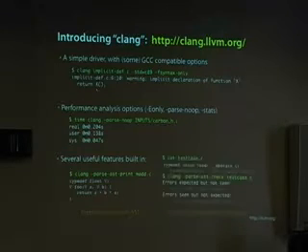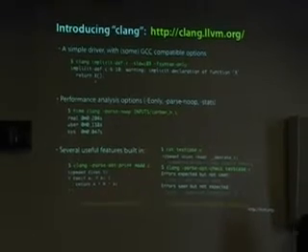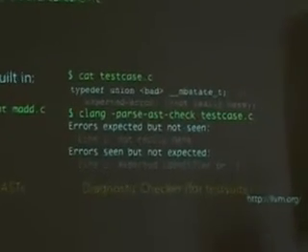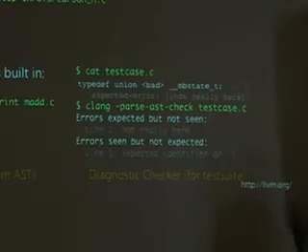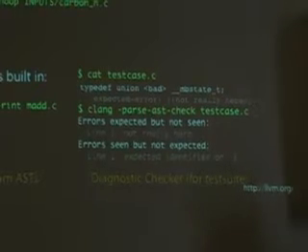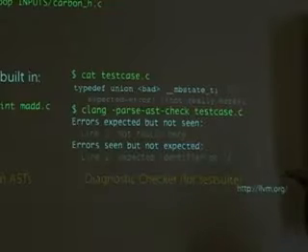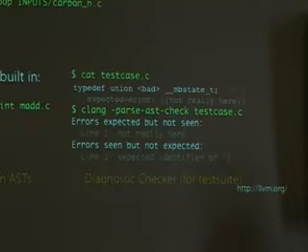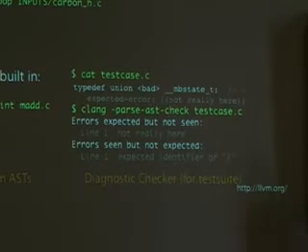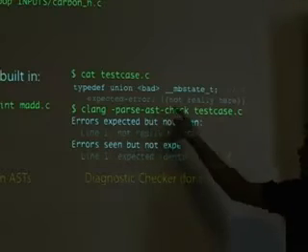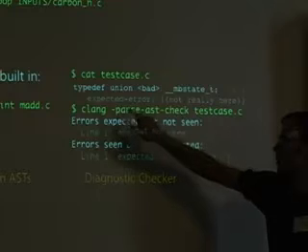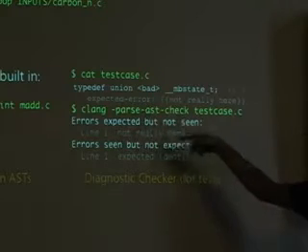So there's another feature. So for our diagnostics test suite, we don't build all kinds of stuff into the test script. Our test script code is very, very simple. It just says run this program. And the checker for whether or not diagnostics are emitted on the right lines and stuff is actually built into the tool itself. And so if you run with this parse AST check, for example, it will parse, build an AST, and then check that the diagnostics emitted are correct. And so